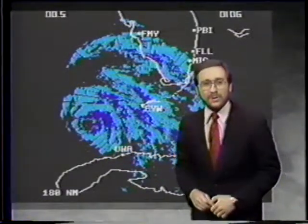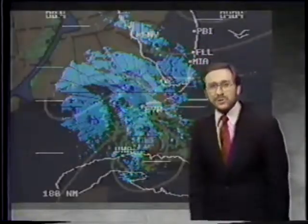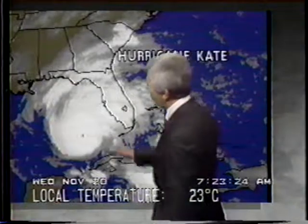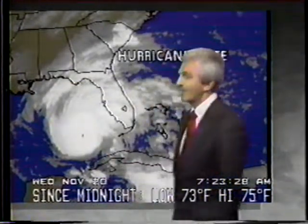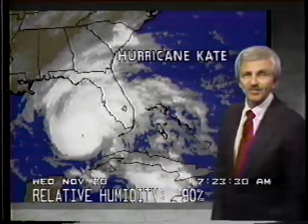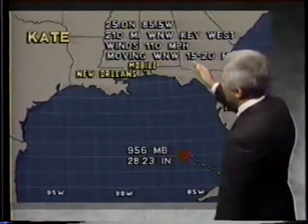But now, as you can see quite clearly on the radar sequence, the eye moving pretty much away from Key West, and so conditions continue to improve. Strengthen. We're going to show you the latest stats in just a second here. Here is that well-defined eye of Kate as it moves to the west-northwest, creating a lot of rough seas and hurricane-force winds in the Gulf of Mexico, and it's moving west-northwest now at speeds of 15 to 20 miles per